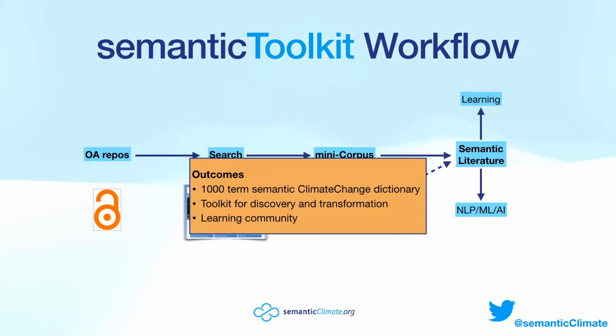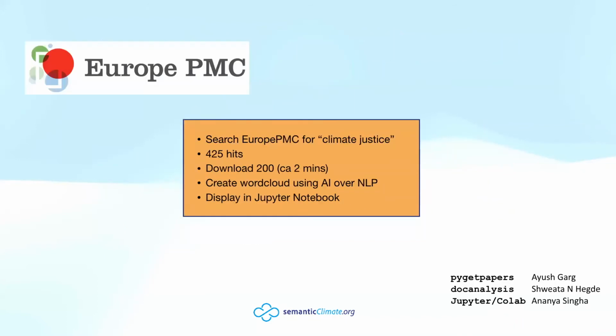So we've automated the whole business with the semantic toolkit so that anybody can use it. And we are creating a community that anybody can join. We search EuroPMC for climate justice. We get 425 hits. In about 2 minutes, we are able to download these 200 papers and create a word